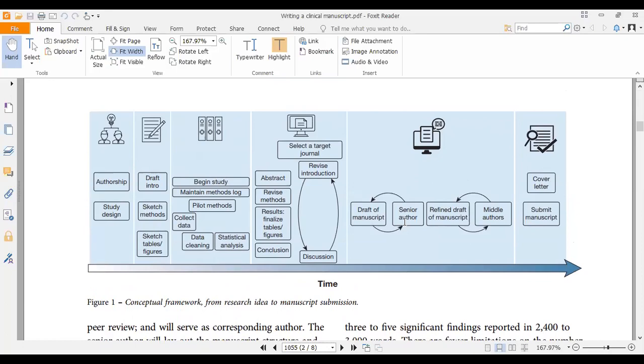Personally, what I do is I like to start by writing the results, then I go on to the methods, then I go on to the discussion, conclusion, write the introduction, then the abstract. That's how I like to do it. Almost everyone advises to start with the results anyway. So results and methods before. And actually the introduction is one of the last things you should be writing. And again, why is that?